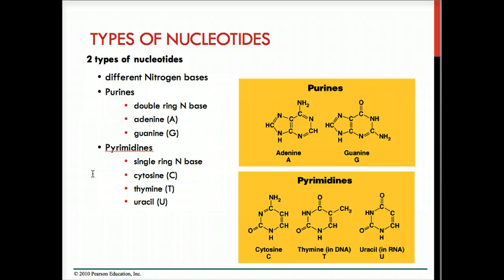Just to further clarify your types of nucleotides, or your nitrogenous bases which make up your nucleotides. There are purines and pyrimidines. You don't need to memorize them. I just want you to know that there's a difference. Your double,